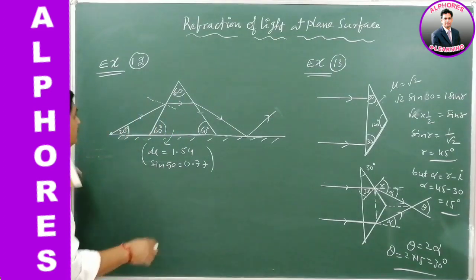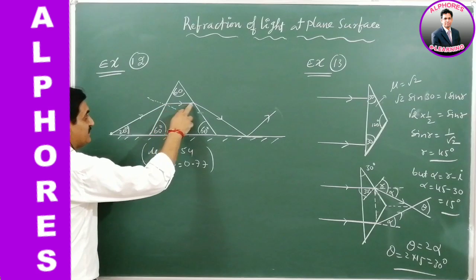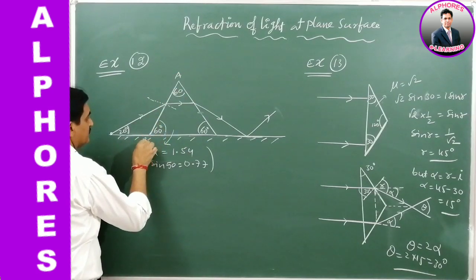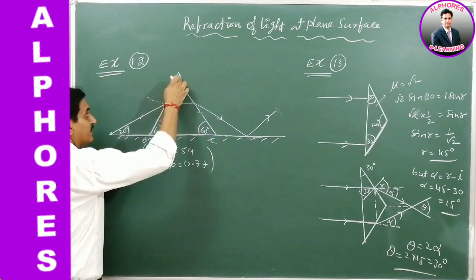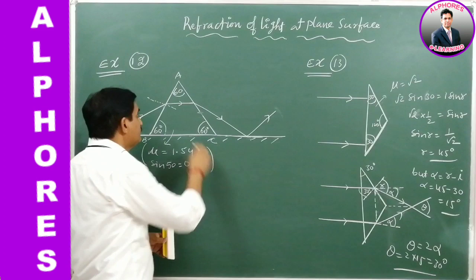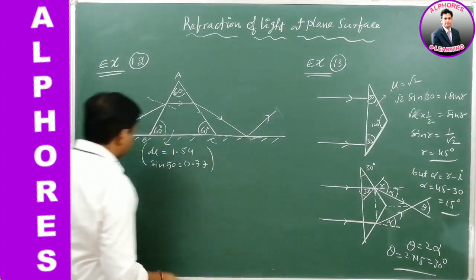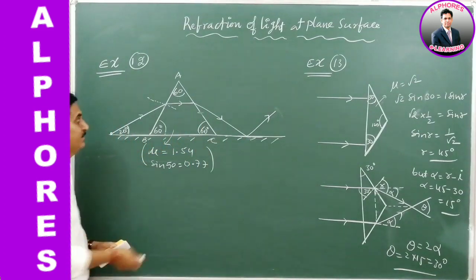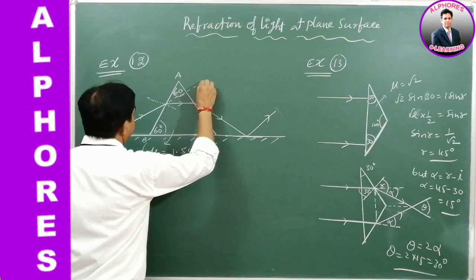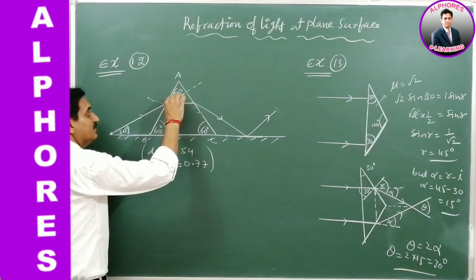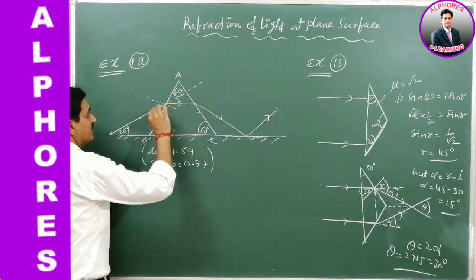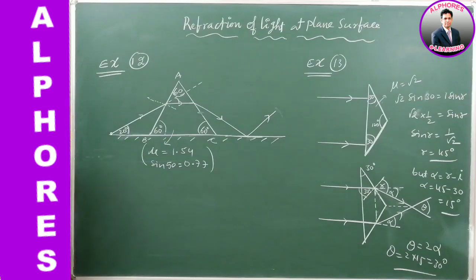Here the refraction takes place at the first surface, and at the second refracting surface again refraction takes place, so 2 refractions and 1 reflection. So let us find one by one. Here this is the incident ray, and this is bending this much. This is the deviation suffered. We can find how much deviation is suffered.